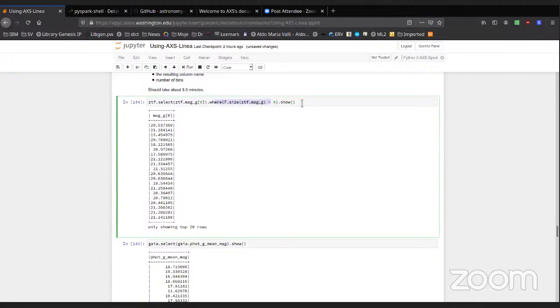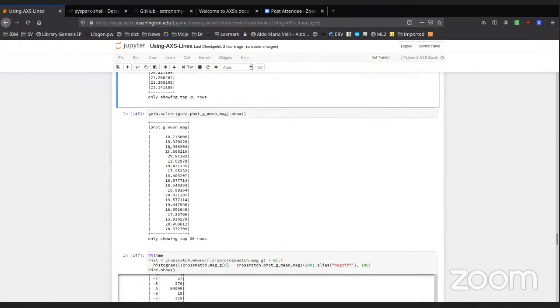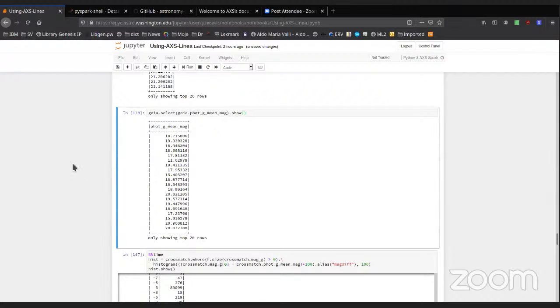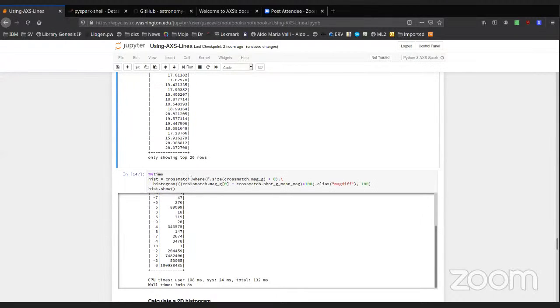And only in those rows where this column is not empty, this array is not empty, or its size is greater than 0. So that gives us the first 20 rows that look like this. And we can use Gaia's column containing G measurements also. And we can combine those two columns to create a histogram using the AXS function for histogram. However, it uses integers to define those bins. So I will multiply